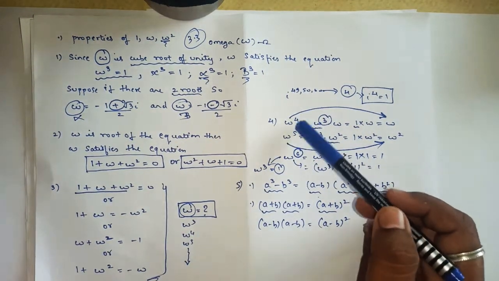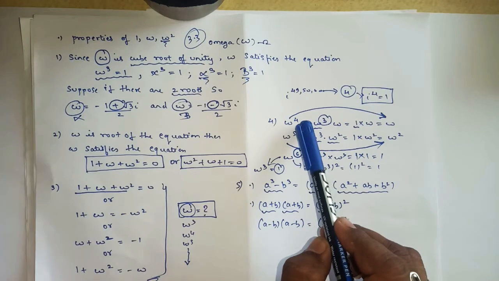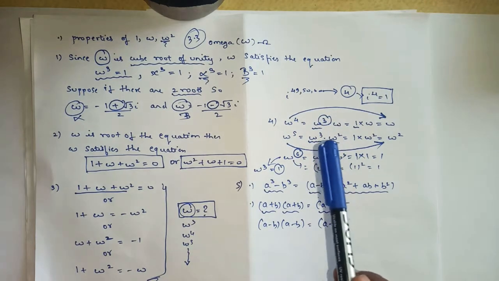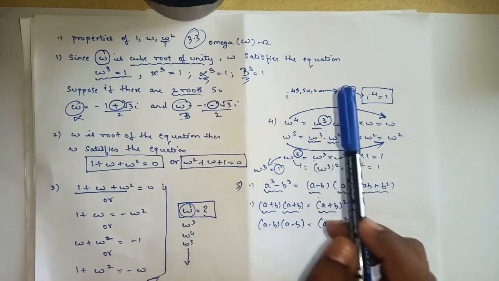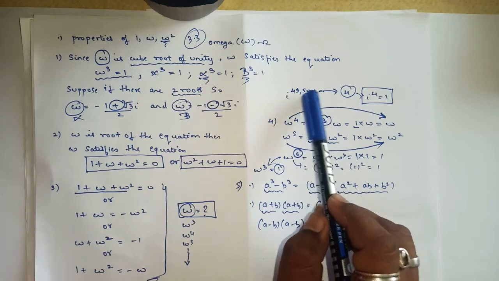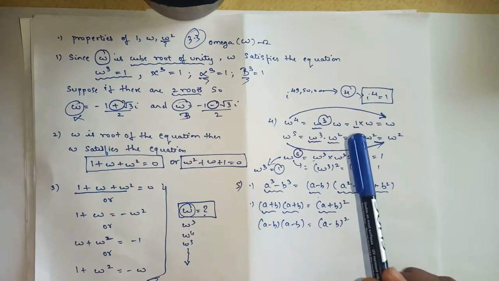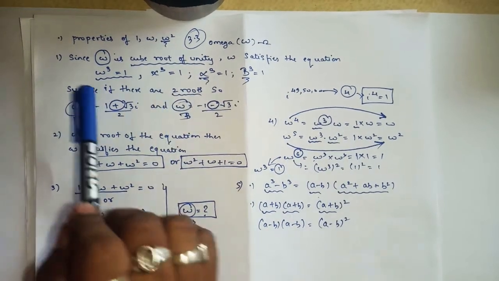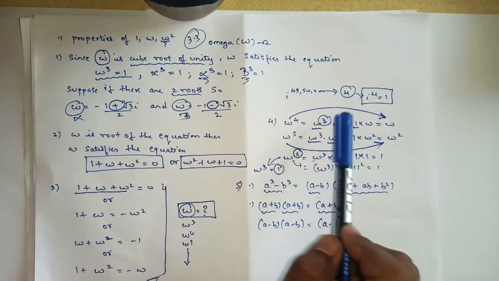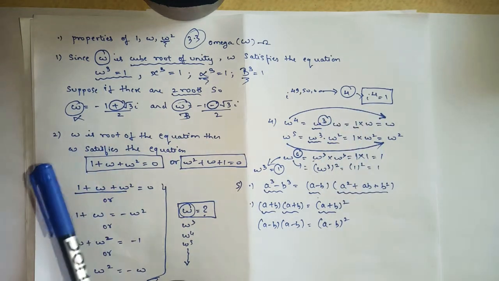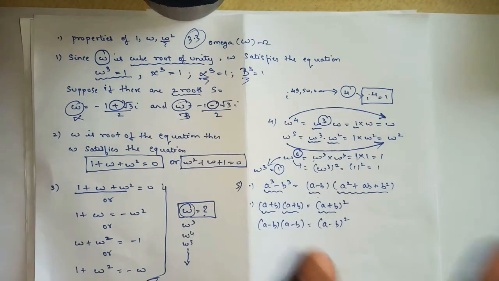And there was one more point which I had explained: whenever we have any power, see to it that you always break the power with respect to 3. As we used to do for the first and second exercise, whenever the power was more than 10, 20, 30, 40, we used to break the power with respect to 4. So for this exercise we have to break the power with respect to 3. Why so? Because we know that omega cubed is equal to 1. So wherever you see w cube, in place of w cube we can write 1. For this exercise, instead of saying omega everywhere, I will use the word w only.